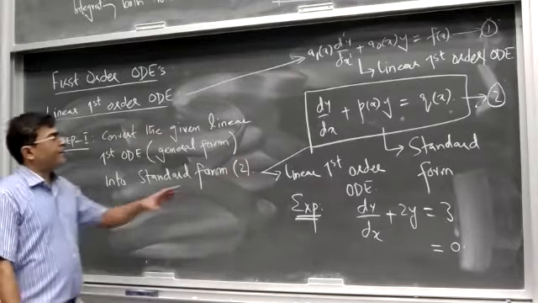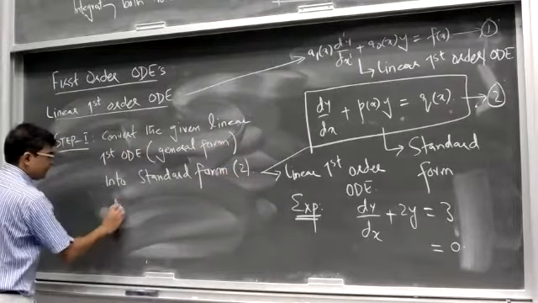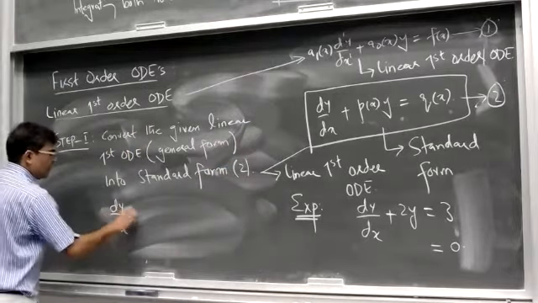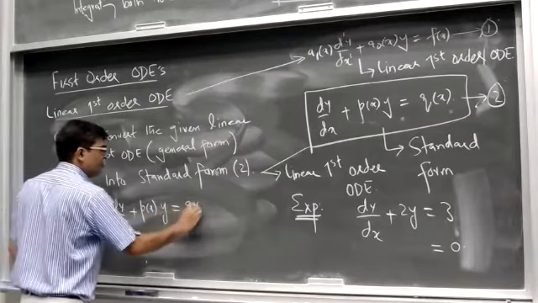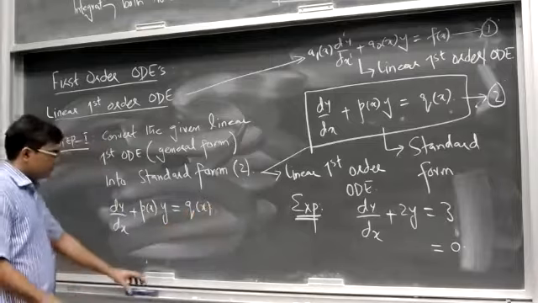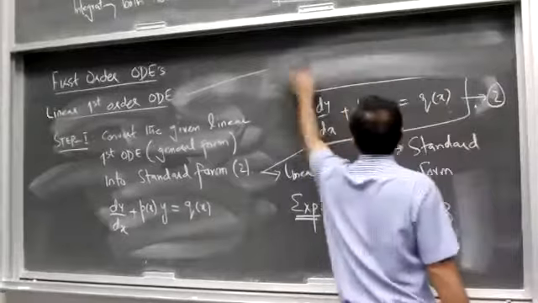Once you have this equation, dy by dx plus p of x times y is equal to some q of x, if you have this equation, then now